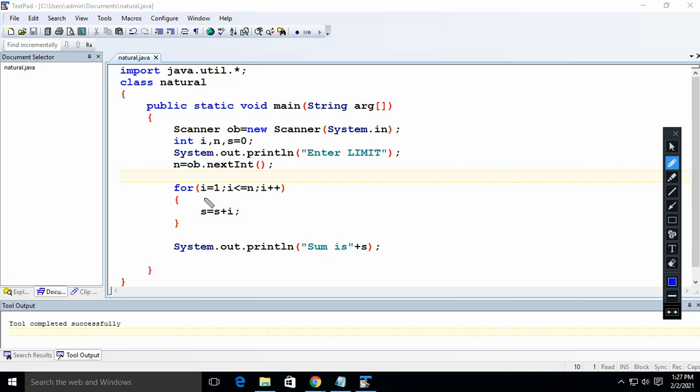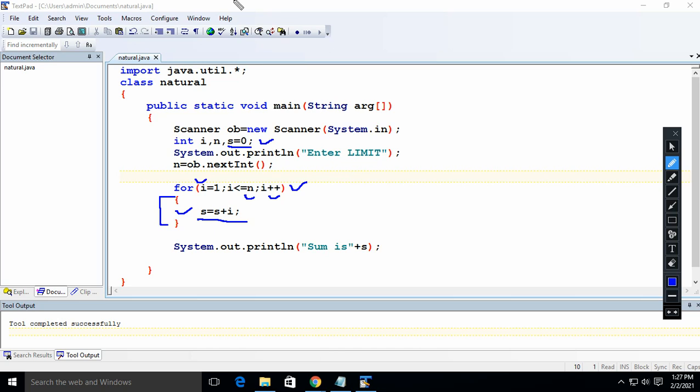Okay. Now see, again let me explain and try to understand. We need to generate a loop for natural numbers. So here we are generating a loop with i starting from 1 to the limit, i plus plus. Is it clear, Arna Goyal? Yes. And now this statement is very common whenever you are doing the sum of something. One variable is required that has to be declared with 0, and then the statement would be s equals s plus i. So every time we are adding the current value of i to the previous value of s. So ultimately the last value would be your final result.